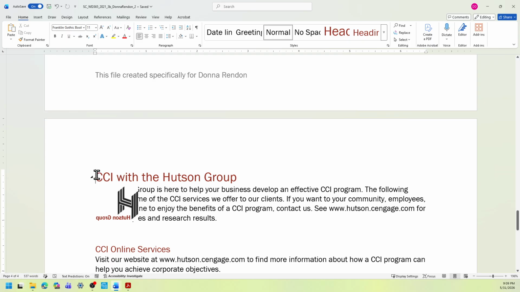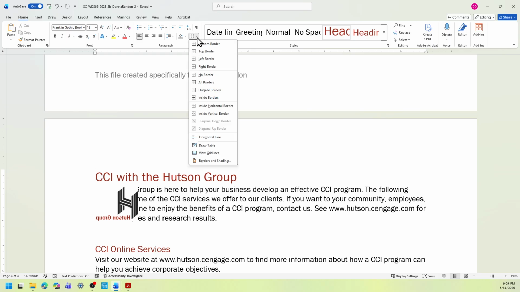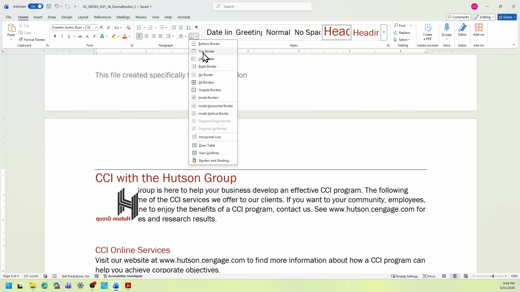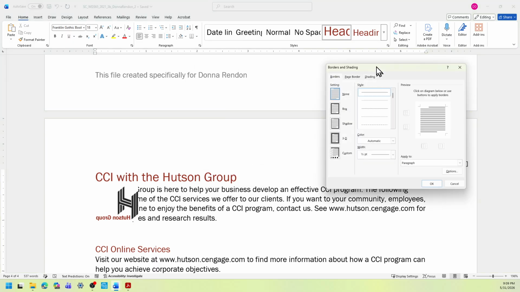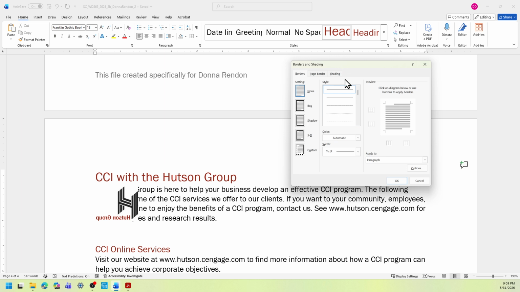Okay, so just put your cursor on that CCI paragraph, going to select the home tab under the paragraph group. There's this border. So select the drop down menu. You can select the top border, but then you need to also go back to the borders and shading. So this time I'm going to just select borders and shading to open the form. Then in the style, I'm going to count 7.